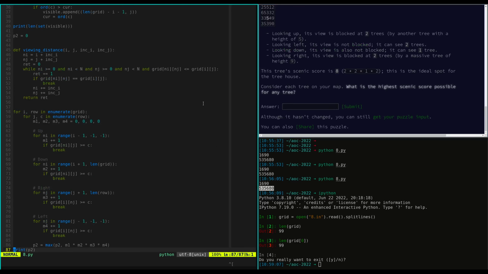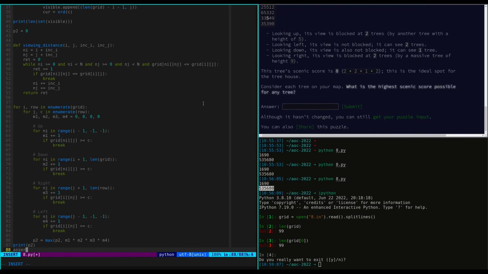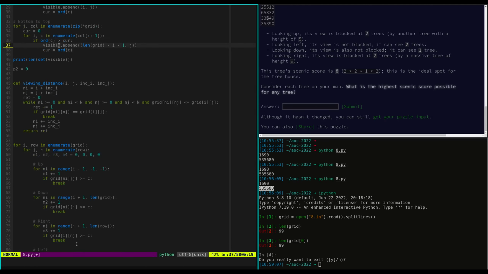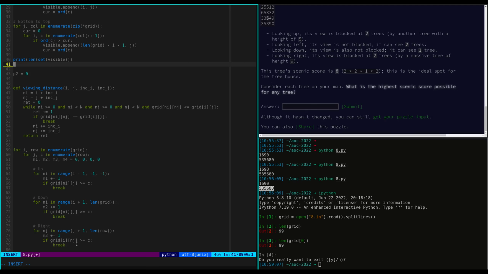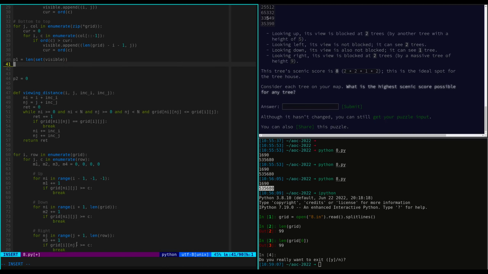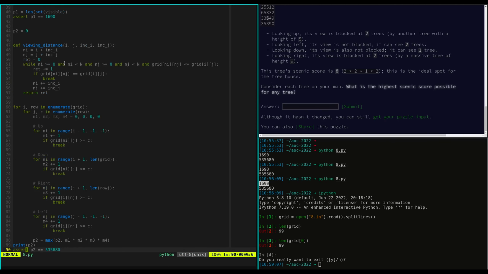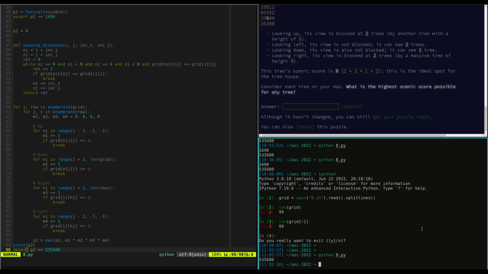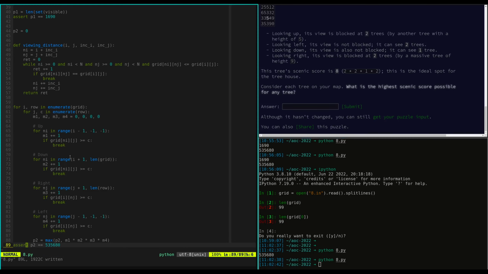So now let's try to refactor this. Assert p2 equals this number. Assert, so let's say this is p1. So p1, assert p1 equals this number. So if we run this, the assertions are working. So now what I want to do